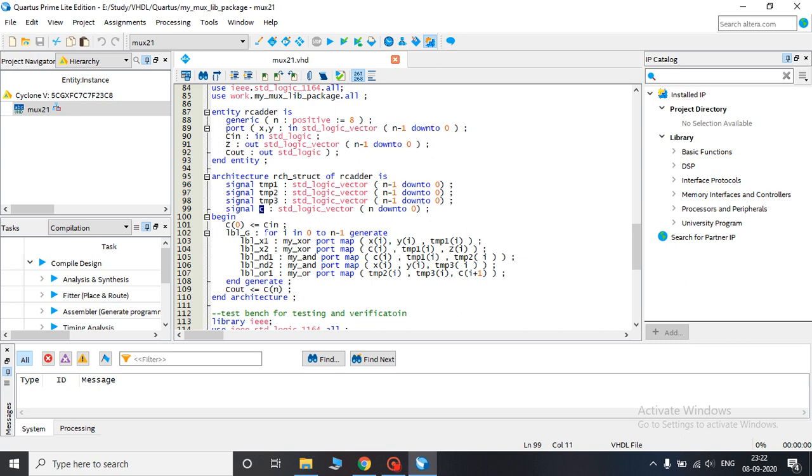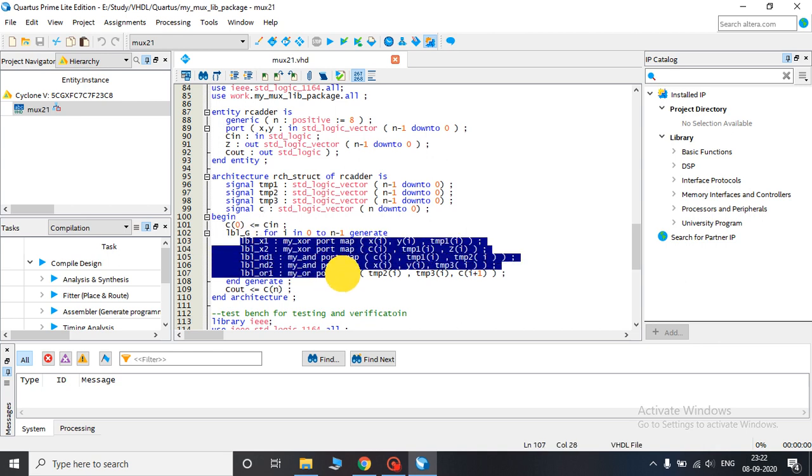Now, to replicate, as a repetition grammar, we have used the generate statement which runs from 0 to n minus 1 times. This generate statement makes repetition easy. So now we don't have to write all these statements 8 times, but just one time.